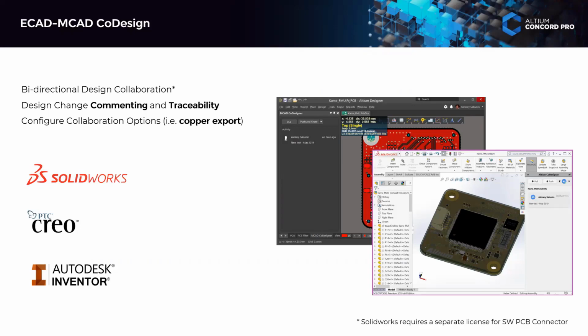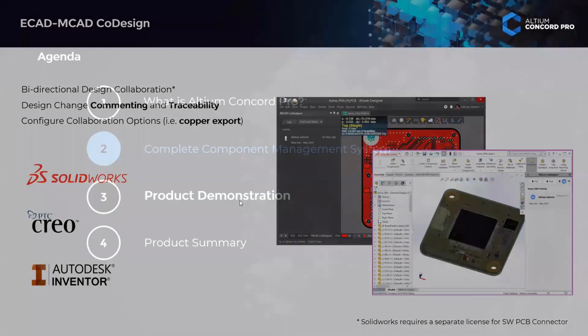Once they push it to your Altium Designer, the electrical designer will check what changes have been done. Then they have to identify the changes, and if they want to accept them, they can accept the changes, or else they can just neglect the changes and proceed. This can be done in our Altium Designer Concord Pro version.